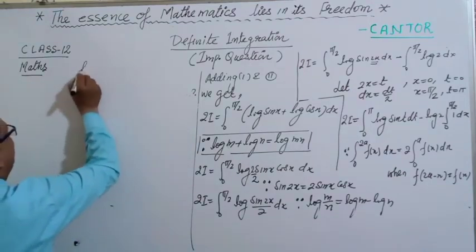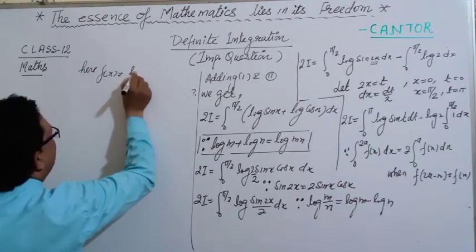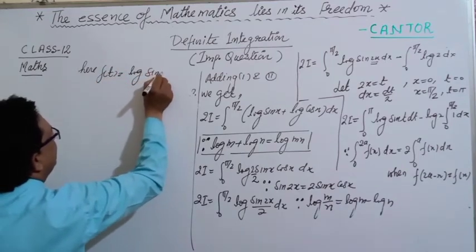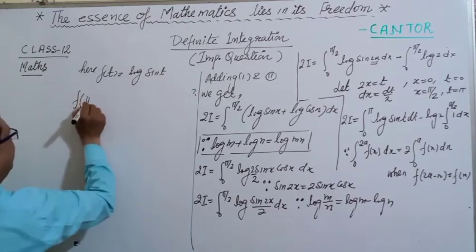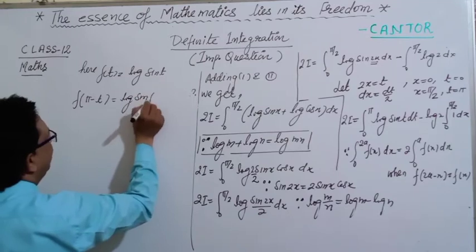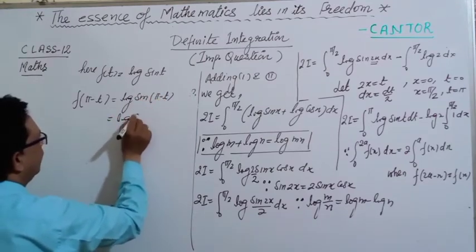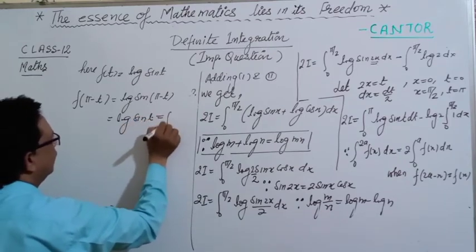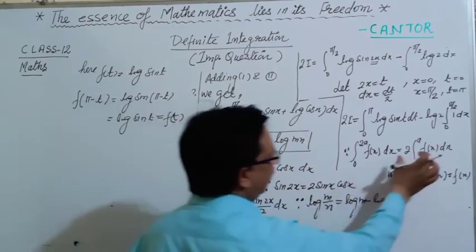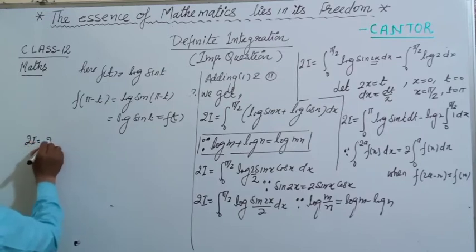Here f(x) is equal to f(t) is equal to log sin t. We put pi minus t, then this becomes log sin(pi minus t). This is in the second quadrant, so we write log sin t, and this is your f(t). Okay, so we write this in the form of this, so this becomes 2I is equal to 2 times